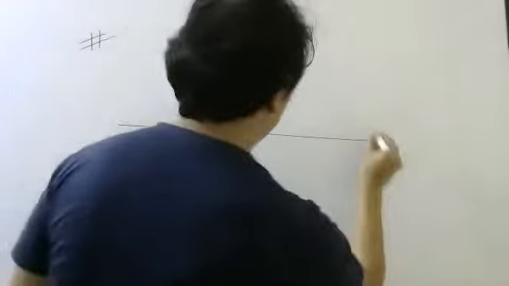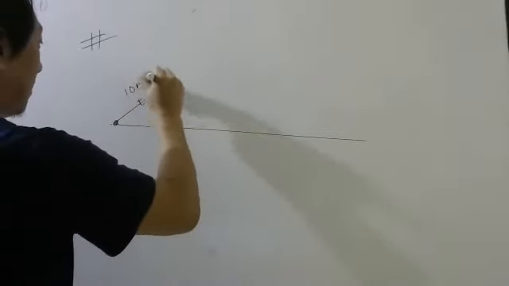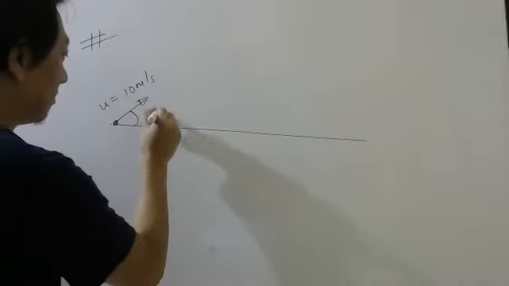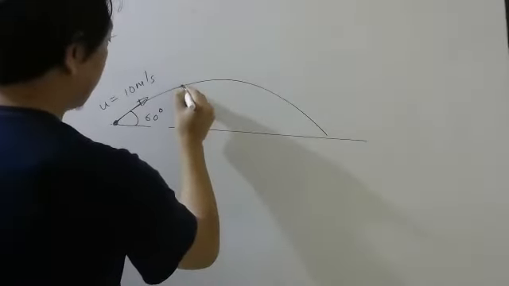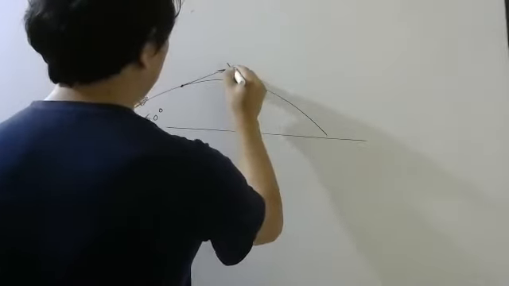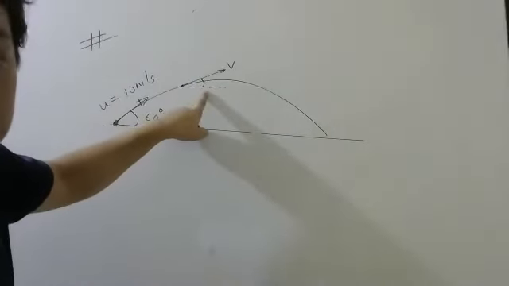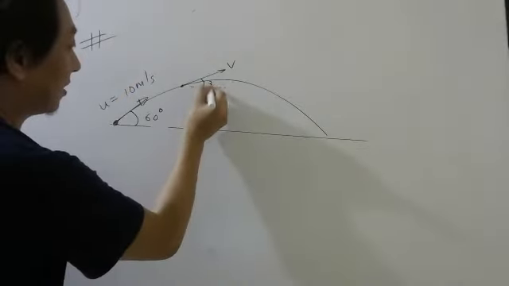Since I did this question, let me add one more question to this. Only for your entrance exam. So look here. This is horizontal. I am throwing a ball with 10 meter per second, U, at angle, let us say 60 degrees. Same thing. Then as it goes like this, when it reaches here, its velocity is v and angle is... This will be more than 60 or less than 60. Not highest point, here. Less than 60. So let's say this is 30.